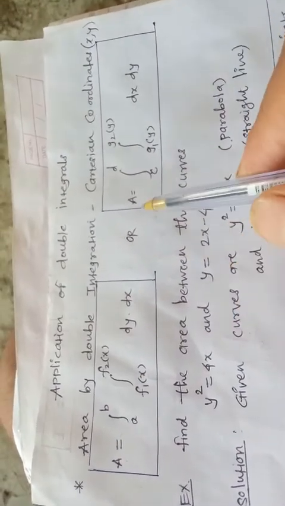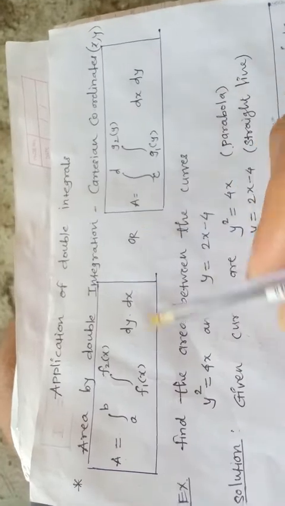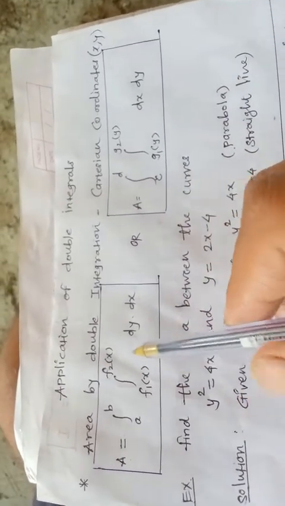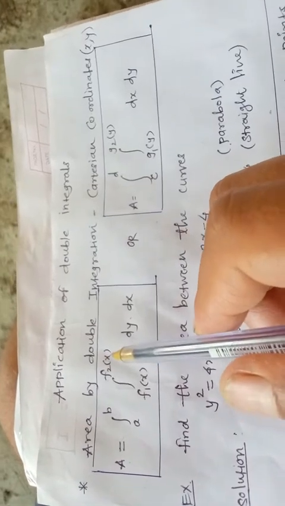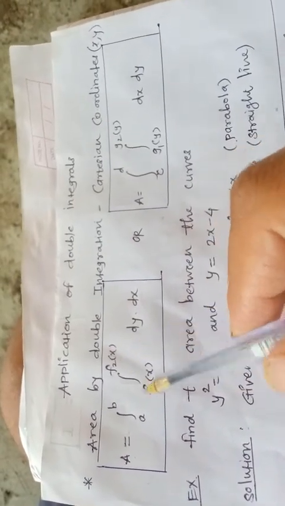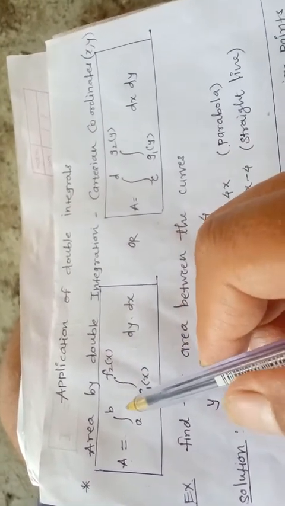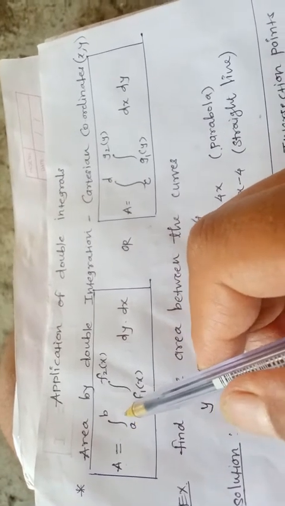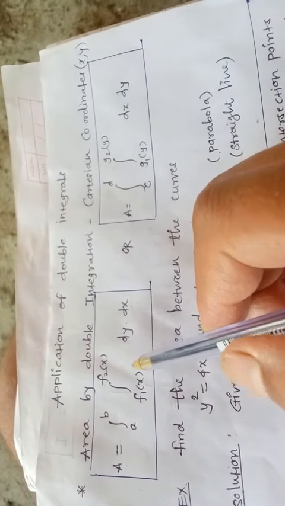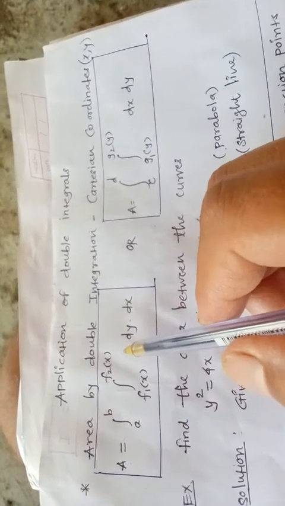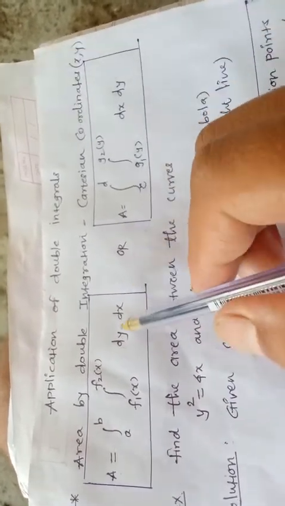And there are two formulas to find the area. You can observe in the first formula, your inside integral limits are from f1 of x to f2 of x, that is, both are functions of x, and the outside integral limits are constant, that is from a to b. And here the main thing is the value of f of xy is equal to 1, and dy into dx